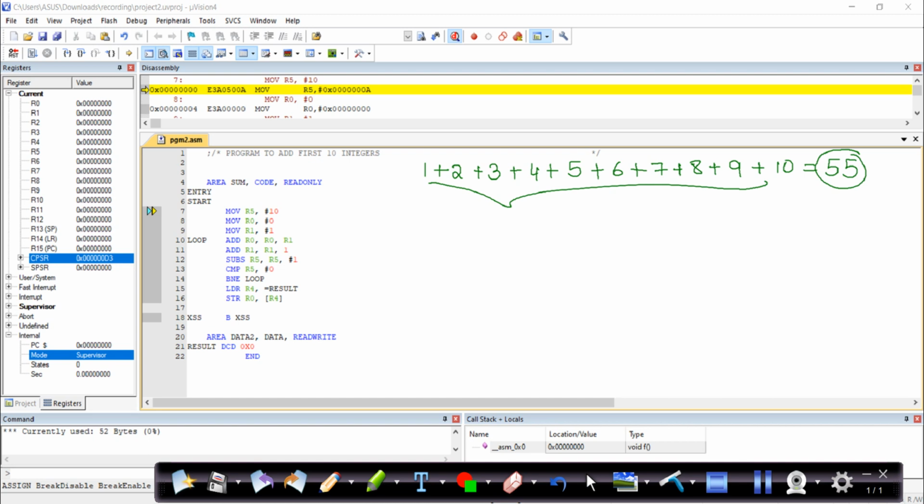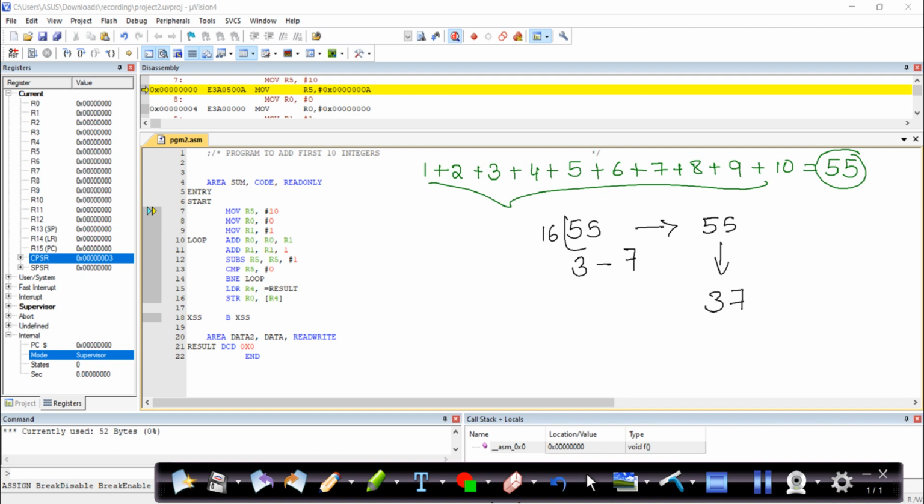Of course, we already know that your microcontroller will always go with the hexadecimal value of this number. So we'll take out the hexadecimal value of 55. How to take it? I'll divide 55 by 16. So 16 3s are 48 and 7 is remaining. I can't divide it further. So my hex value of 55 is 37.